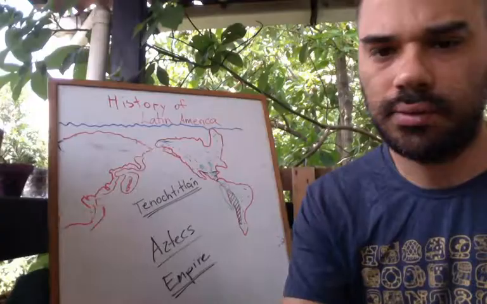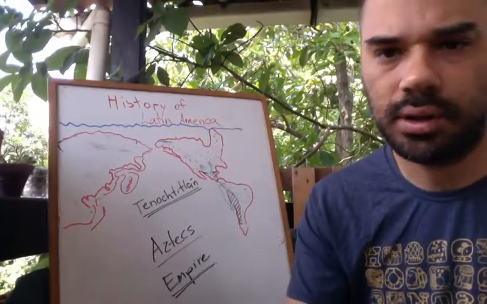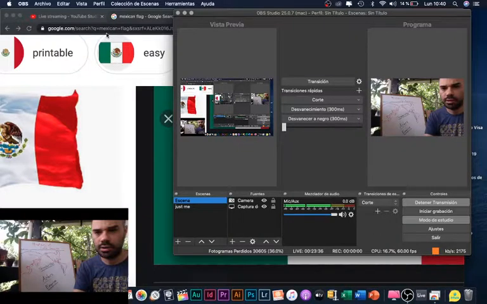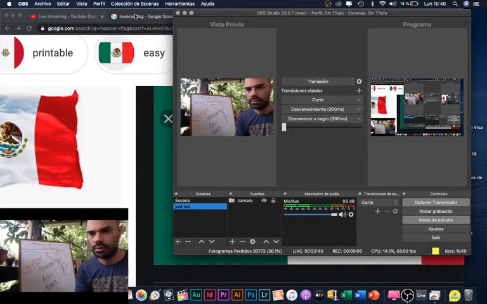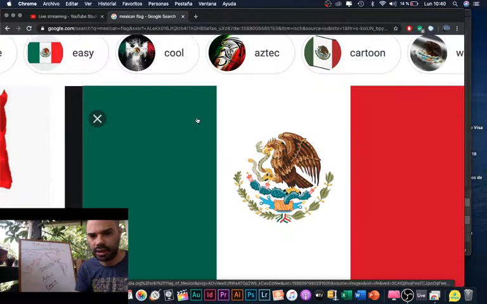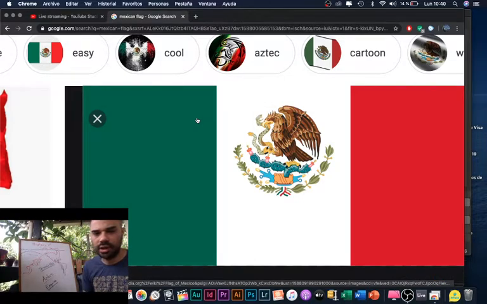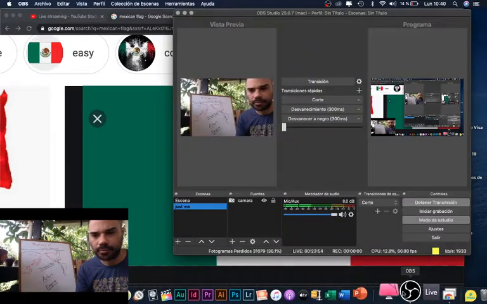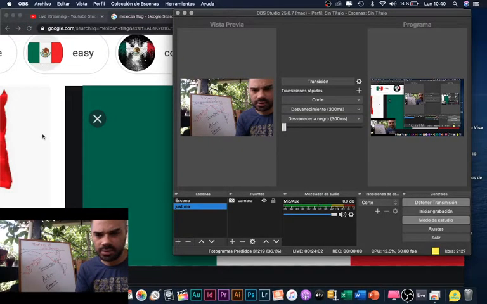Okay, let me try something. So, have you seen the Mexican flag? If you notice the center of the Mexican flag, I'm just checking here because sometimes I have problems, but it's okay right now.